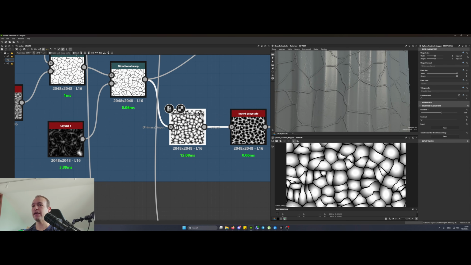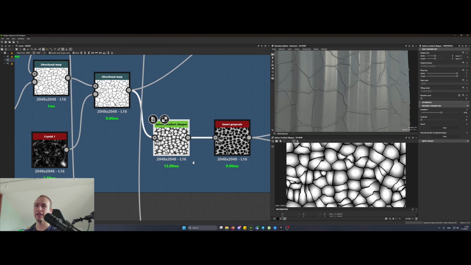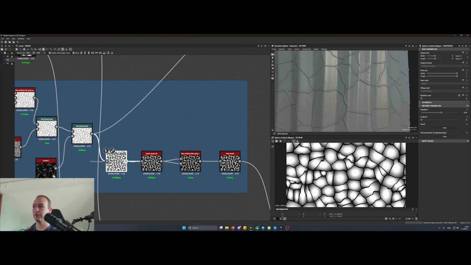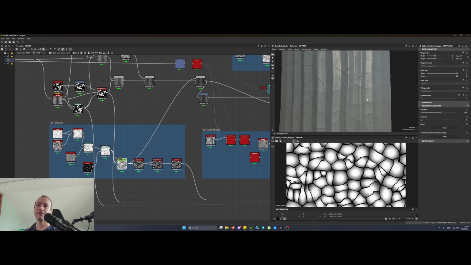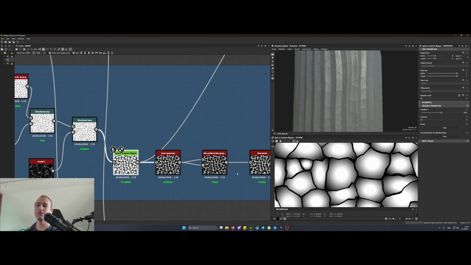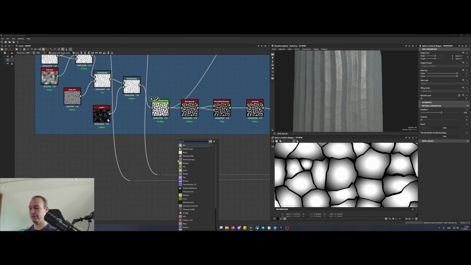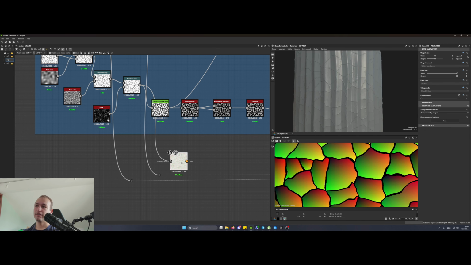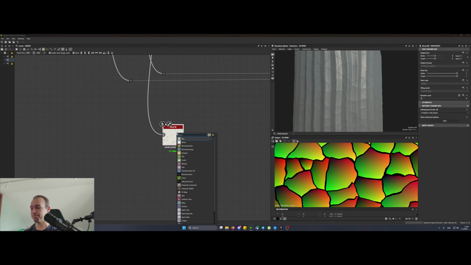And then we get to the sphere gradient mapper. That's a custom node that I am using, and this will be shared, so you can just download it and use it as well. But first, let's break it down. What this does, it's trying to map a sphere inside of every shape, and it's based on a flat fill. So how I made this custom node, I get a flood fill, then